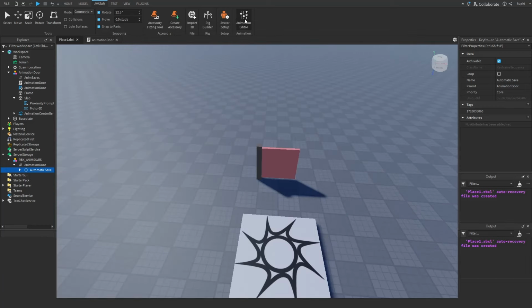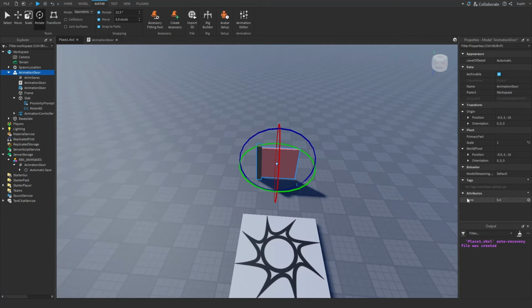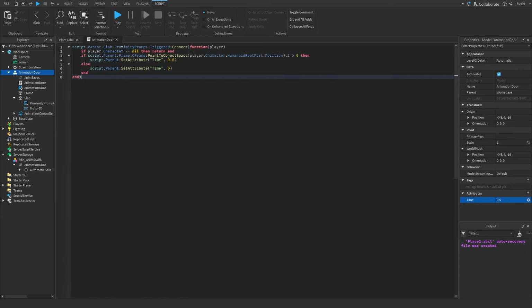And let's now close the editor. And let's go back into the animation door model and change time to start at 0.5 because it's now moved back up to the center. And let's go back onto the server side script and change this to 0.9. And this should start at 0.1. Okay, so if we now play the game,